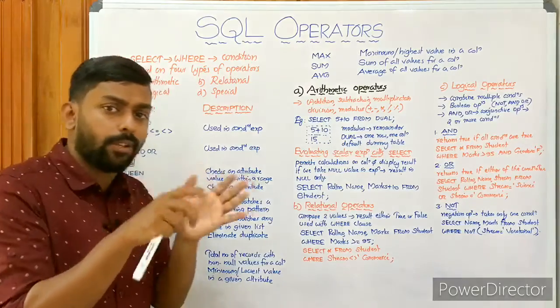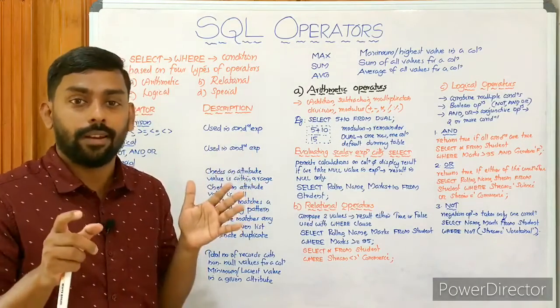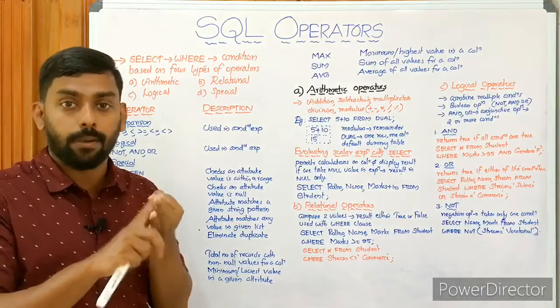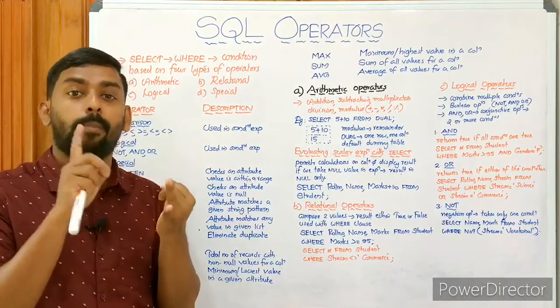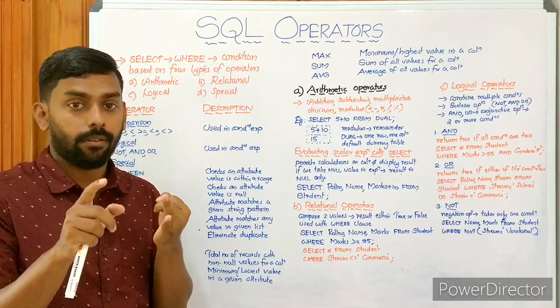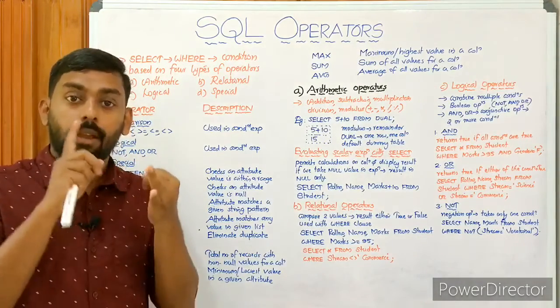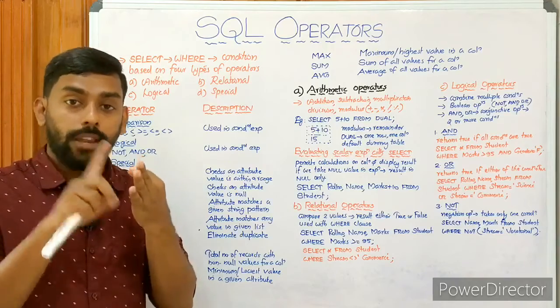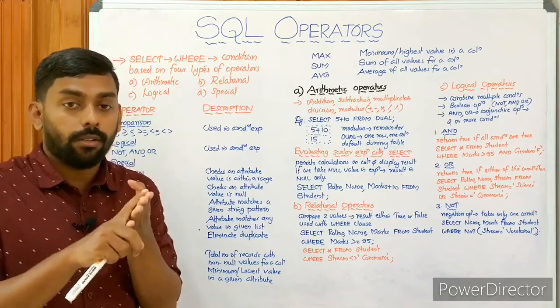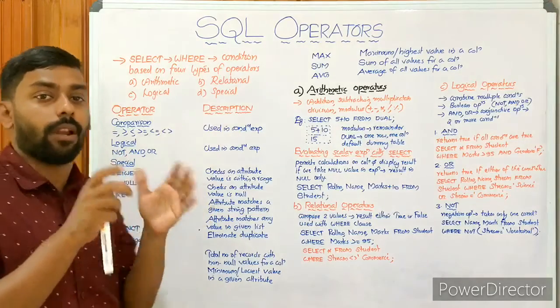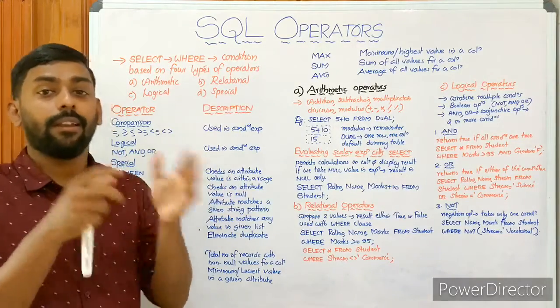Just before we get to is null, you know what null actually is, right? Null is a value which is neither 0 nor a blank space, because 0 is a numeric value and a blank space is a character. So null is a value which is unknown, unassigned, and inapplicable. Null is a value which is unknown, unavailable, unassigned, and inapplicable.